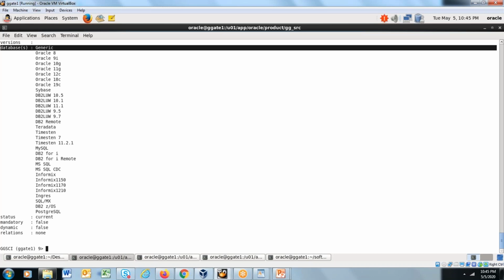There are many parameters in Golden Gate, 5,000 to 10,000 parameters you'll find. So it may be possible that you are getting some new parameter in your environment where you are working, and you want to know what that parameter does. You may say, we didn't discuss it during the training. We don't discuss everything. The purpose of the training is not to discuss everything. The purpose of the training is to make you capable enough so that you can understand what that does.